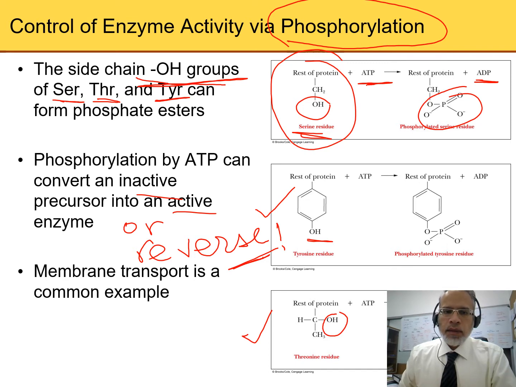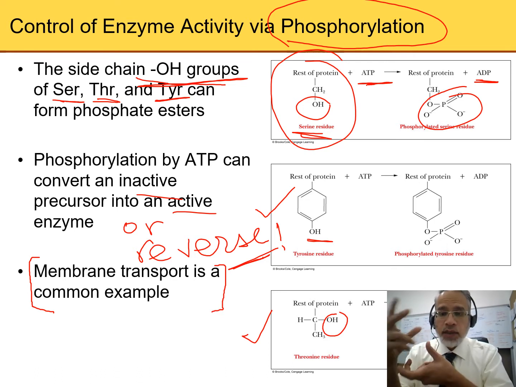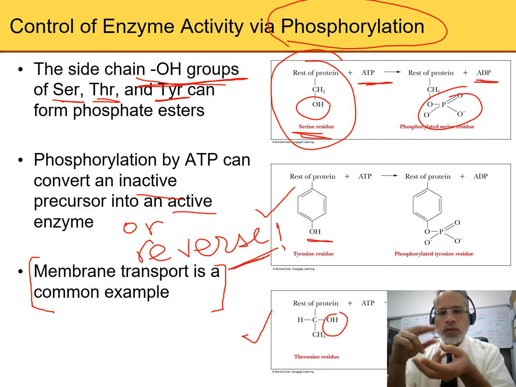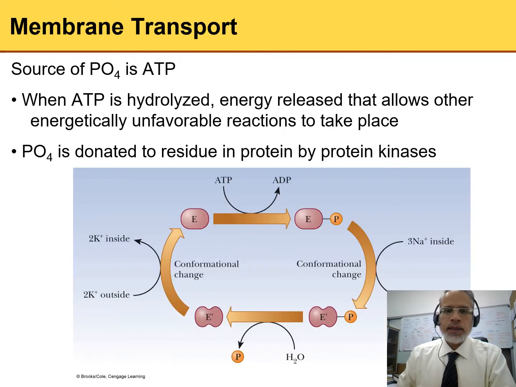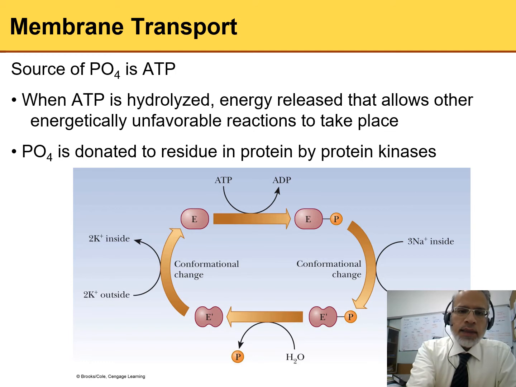Now, membrane transport is actually another very nice example of controlling activity of a transporter by phosphorylation. So not only enzymes can be regulated up and down, yes and no, or active and inactive with phosphorylation, but other proteins like membrane transporters can also be regulated by phosphorylation, and we'll see this in the next slide, right? So in this case, again,